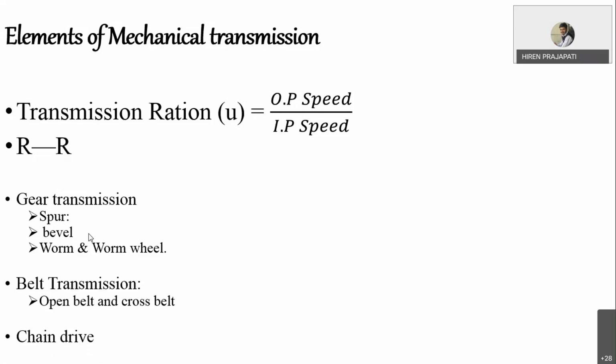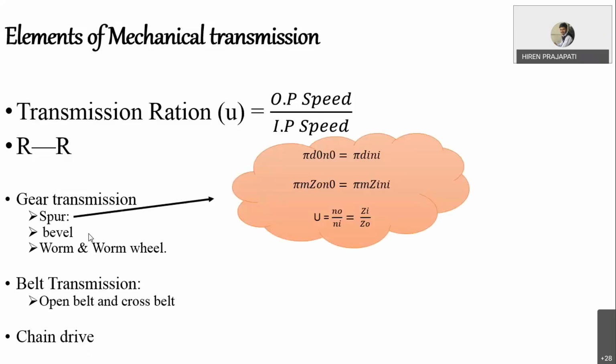So first we go for spur gear. In case of spur gear, the tangential velocity of both the gear wheels, gear as well as pinion, in a spur gear drive is the same. So we can equate, it's a basic equation: V output equals V input. The peripheral speed of both the gears is the same, as per the gear law.